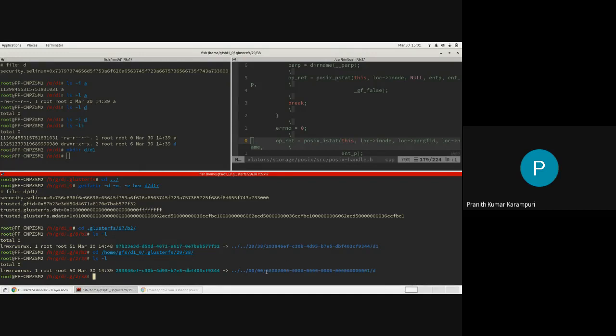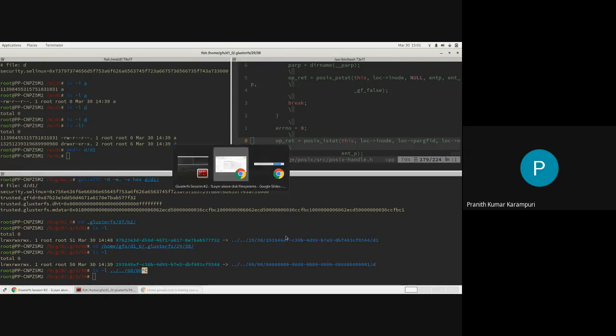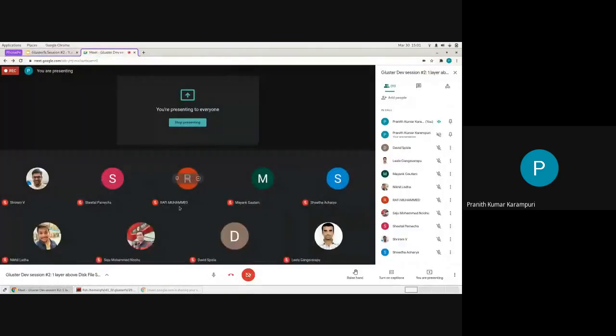Then it will do a read link again on this GFID, which is the parent of this directory. So it will go to this one. At this point, it will detect that because the GFID is 0001, it is the root of the directory, so it can directly use the brick path. Did you guys understand what happened here? I can explain that a bit better if you want.